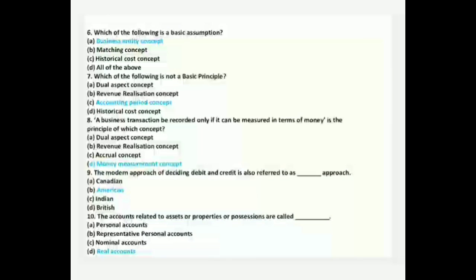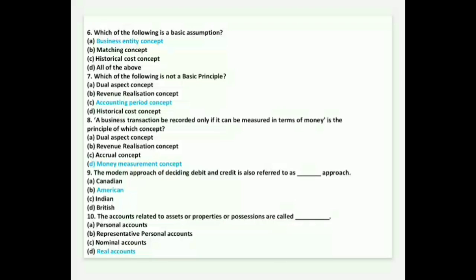Now question 7 is, which of the following is not a basic principle? Guys, the options are dual aspect concept, revenue realization concept, accounting period concept, historical cost concept. So guys, the question is, which is not a basic principle, a foundation principle? So the answer is accounting period concept. Rather than this, the dual aspect concept, revenue realization concept, and historical cost concept are all basic concepts. Okay? Now question number 8 is,